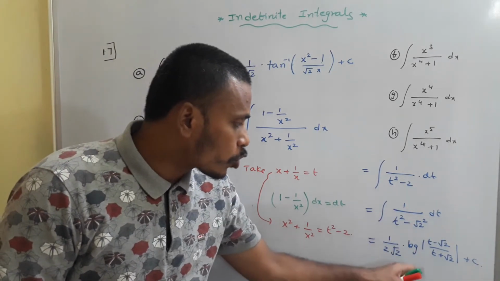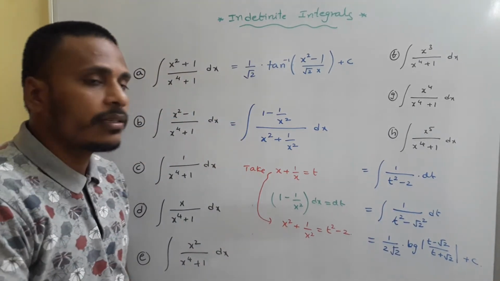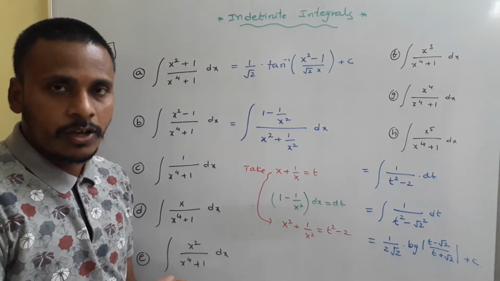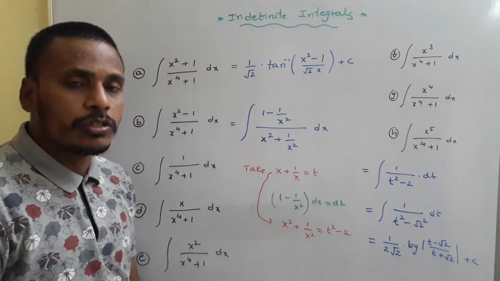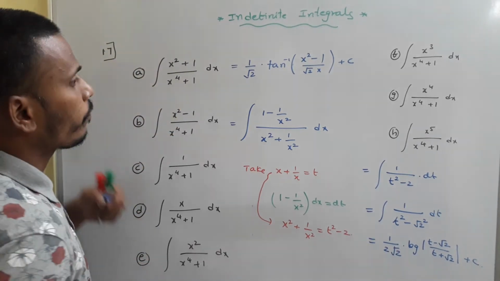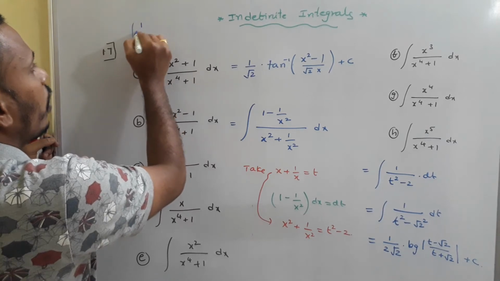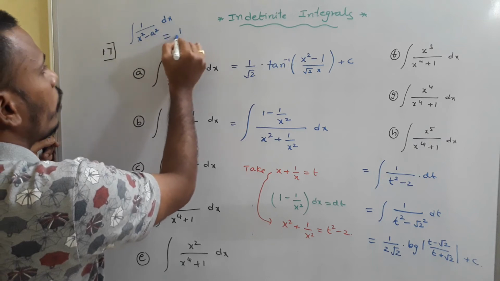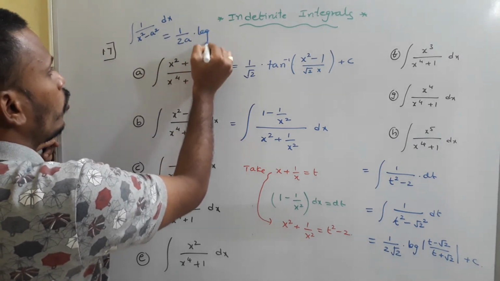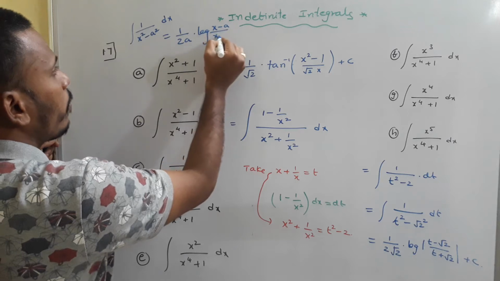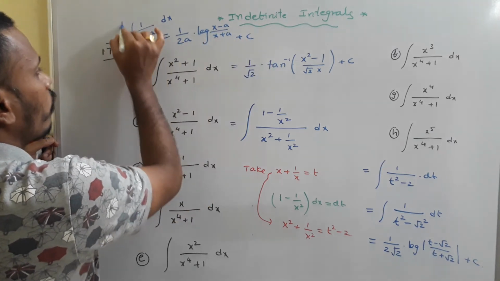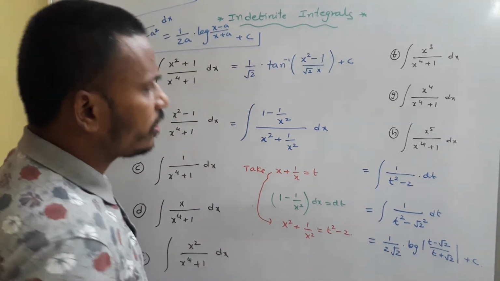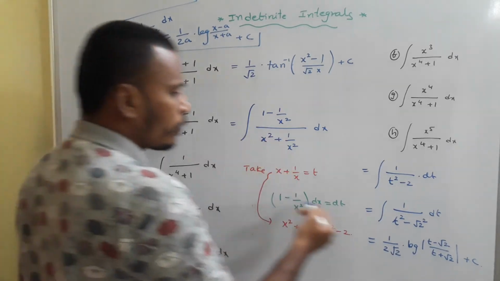And here to solve this, what am I using? I am using the formula of integral 1 by x square minus a square dx. Okay, it is easy to find that formula using somewhat fraction splitting. Okay, I will mention here, just have a look. Integral of 1 by x square minus a square dx is equals to 1 by 2a into logarithm of x minus a by x plus a plus c. This is the actual formula. Okay, if we don't know, then I will discuss it in the next point. First of all, you just observe this.